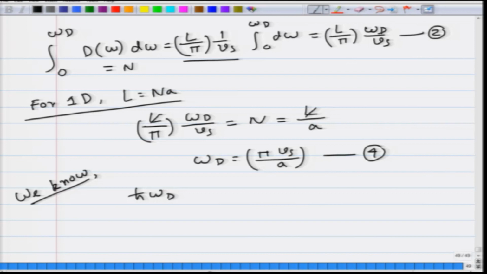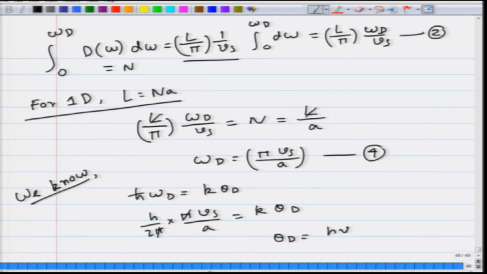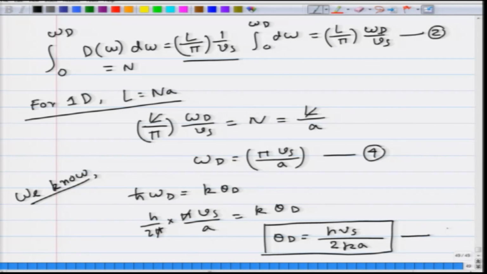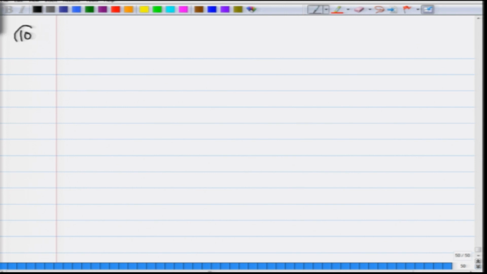Now we know h cut omega d is k theta d. So this is just the Debye temperature and the Debye frequency. So h by 2 pi, I am putting the value of omega d, pi Vs by a, k into theta d, this pi goes out. So your theta d is given as h Vs by 2 k a. So this is the Debye temperature for the 1D monoatomic lattice. This is option B. And the last question, question 10, for the same previous problem, that is for 1D, calculate